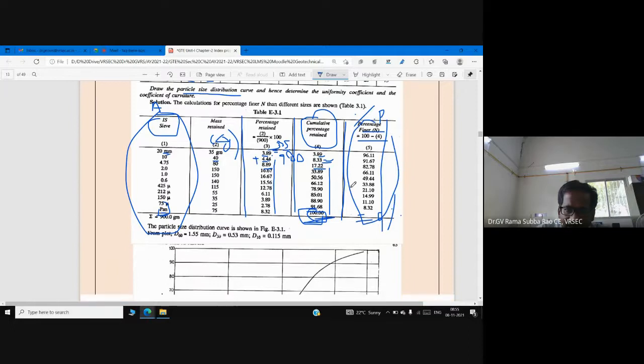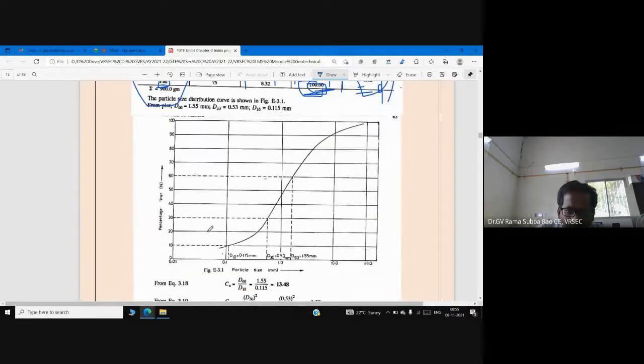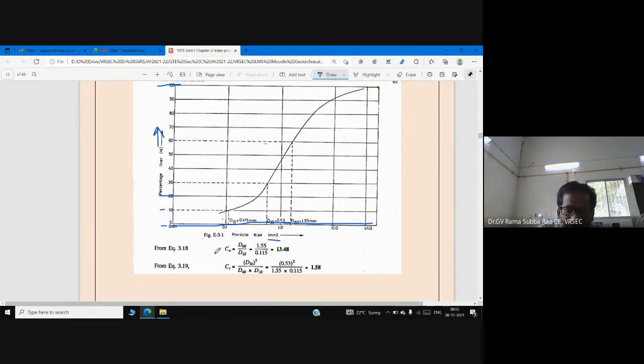Now I have data regarding particle size in millimeter, and also data regarding percentage passing. Now let us draw the semi-log sheet. Now I will show you. This is a logarithmic scale, with particle size on the x-axis in millimeter, and percentage passing on the y-axis. Here I am selecting 1 centimeter equal to 10% on the y-axis. So 0%, 10%, 20%, up to 100% finer. Now see particle size here: 10 power minus 2, that is 0.01, 10 power minus 1, that is 0.1, 10 power 0, that is 1, 10 power 1, that is 10, 10 square, 100.